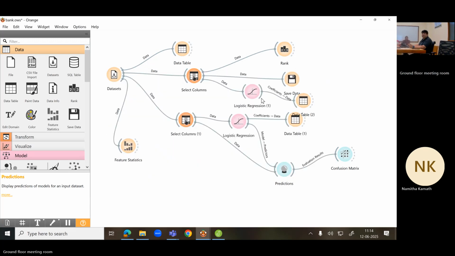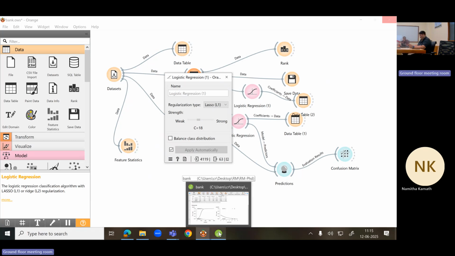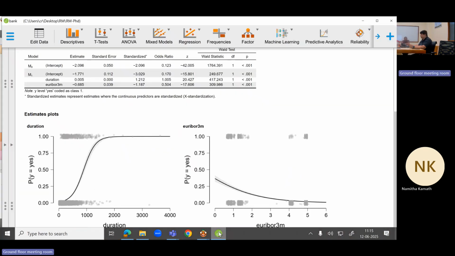And then with the penalty method, we can even try with